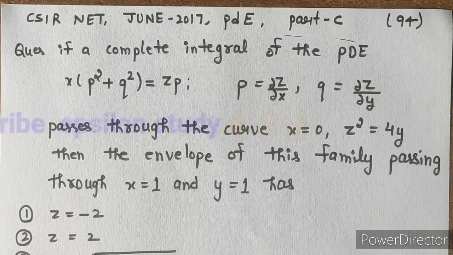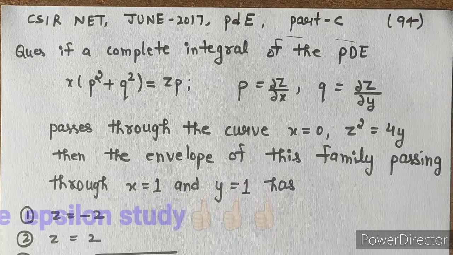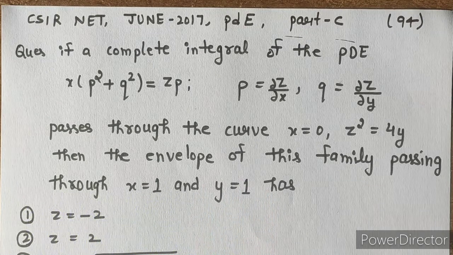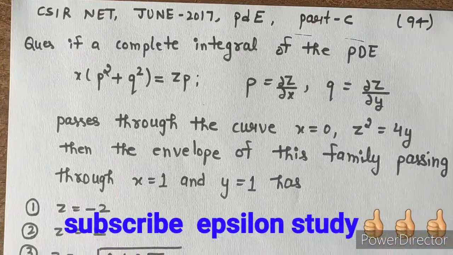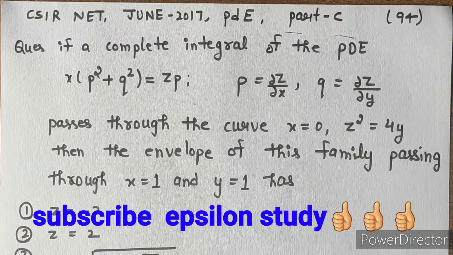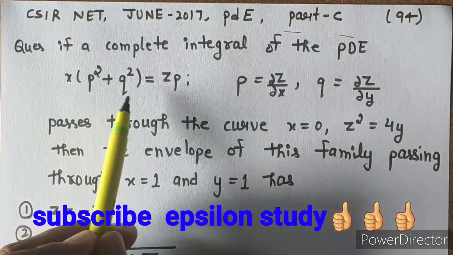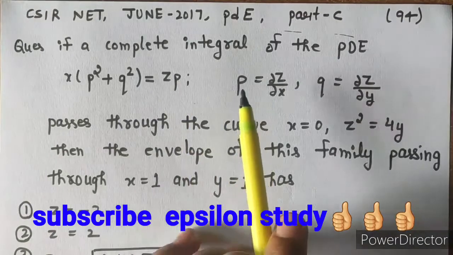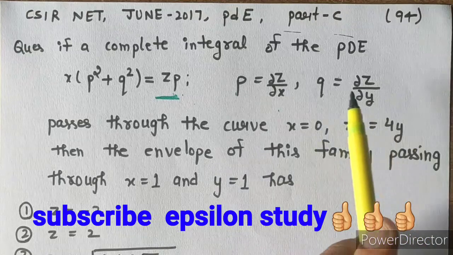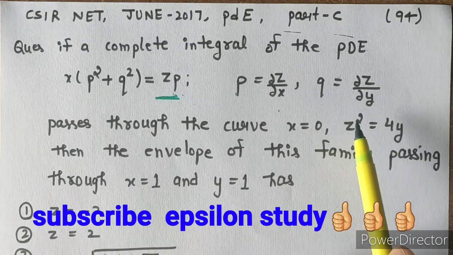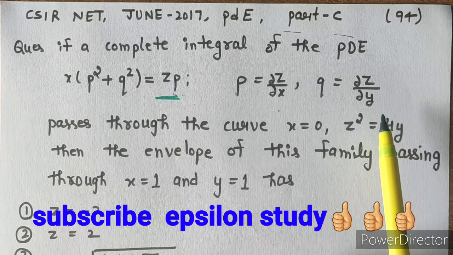Hello everyone. Today I will discuss the next question of CSIR NET June 2017 partial differential equation Part C, and the question numbering is 94. The question is: if a complete integral of the partial differential equation x(p² + q²) = zp, where p is the partial derivative of z with respect to x, and q is the partial derivative of z with respect to y,